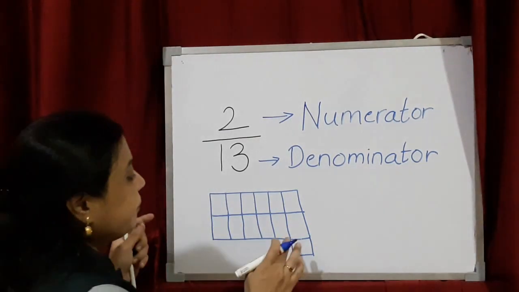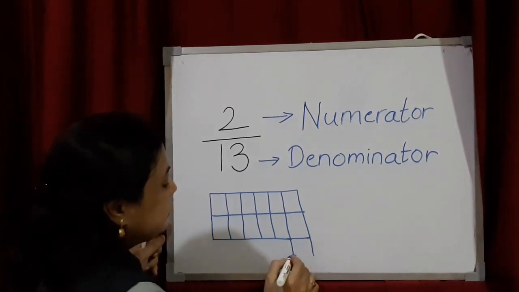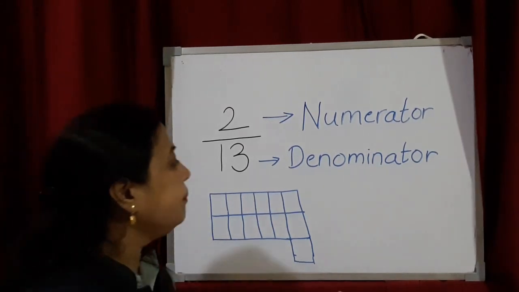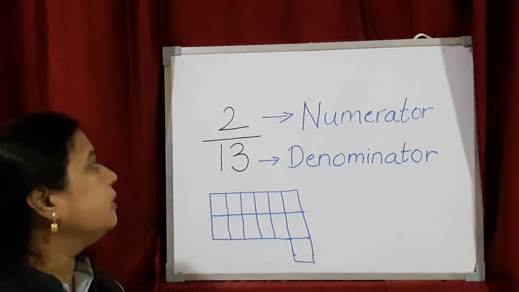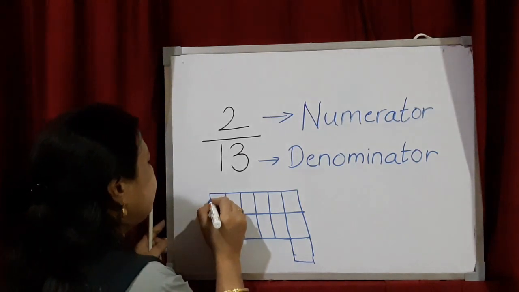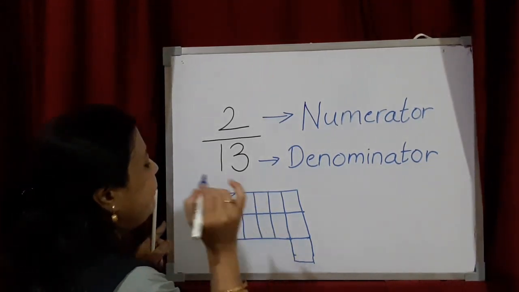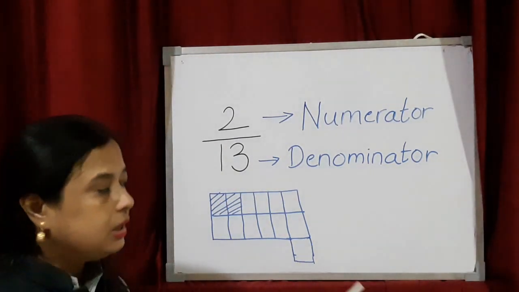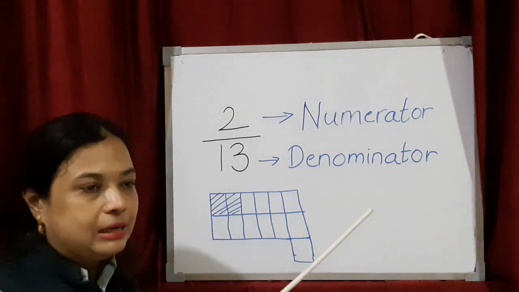Okay. Now, make this a little bit bigger to make it equal. Okay. Fine. Come on. Now, there are 13 bars of chocolates over here, and out of that I had eaten 2 bars. So these 2 bars I had eaten up. So what will be the fraction now? Meaning total how many bars was I having? 13, and out of that 2 are taken, meaning 2 have been taken, right?